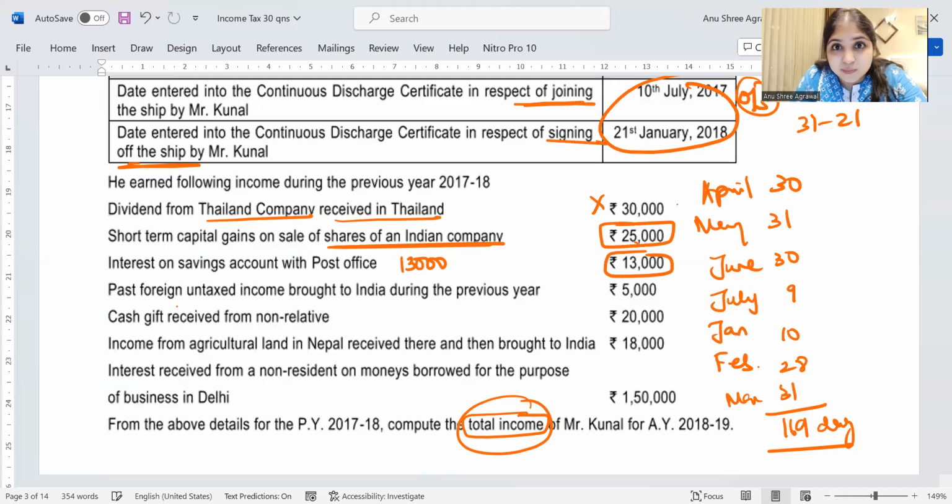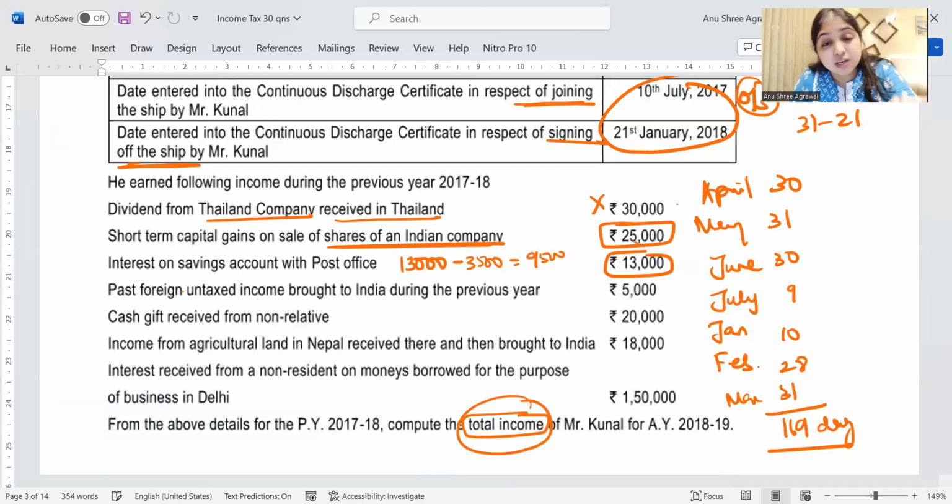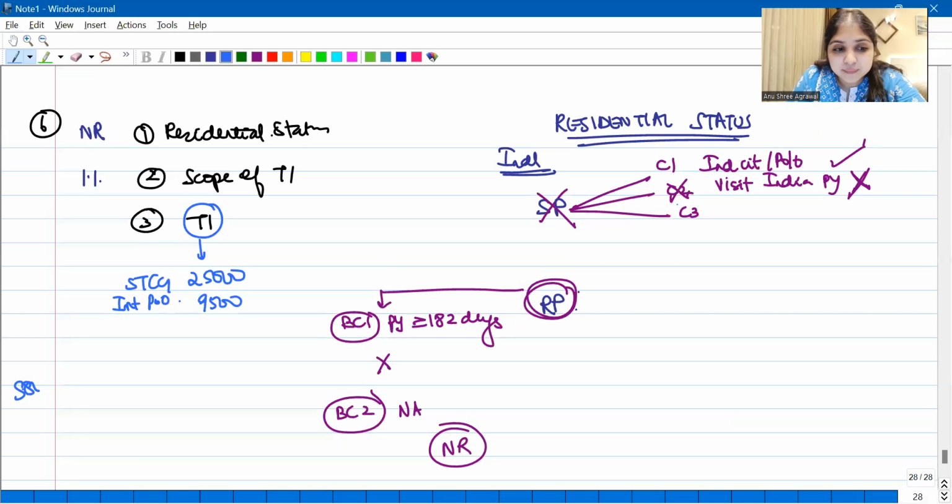Is there anything that comes to your mind? Post office savings interest, you get one exemption. How much exemption will you get? 3,500 will be exempt here itself. So how much will be taxable for you? Only 9,500 will be taxable. You all remember this, right? Post office interest, here itself you will get 3,500 exemption, and later you will get one more deduction. Which section deduction will you get? The assessee is not a senior citizen, therefore you will get 80TTA. Right, guys? 80TTA maximum, how much will you get? You will get only 10,000 maximum, but we will do 80TTA a little later.